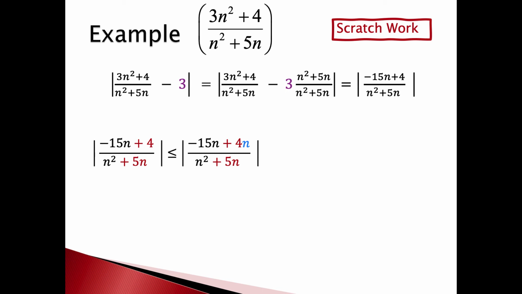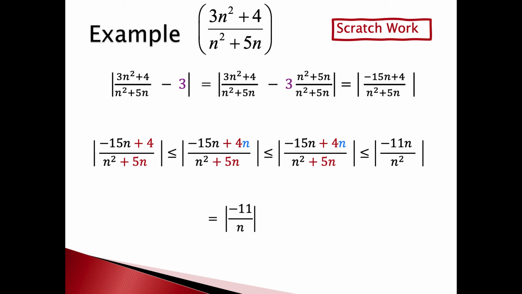On the other hand, if I were to look at this n squared plus 5n there, what do I do with that? Well, maybe what I could do is just drop the plus 5n. Because if I just erase the plus 5n there, that would make the denominator smaller, which makes the entire fraction bigger. So my denominator just becomes n squared. The numerator, I can combine the negative 15n and the 4n into a negative 11n. And now the n and the n squared cancel and the whole thing simplifies down to just negative 11